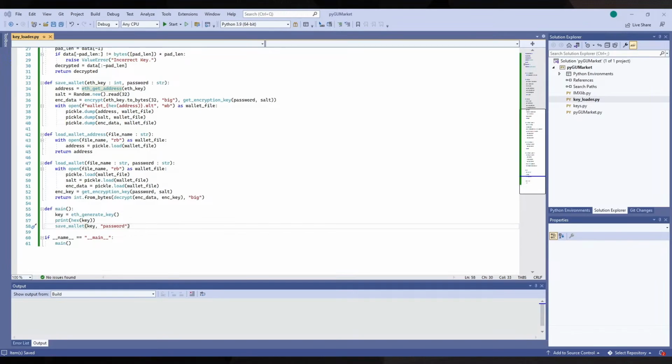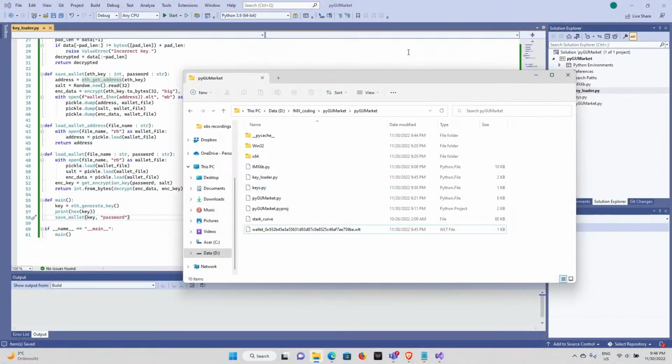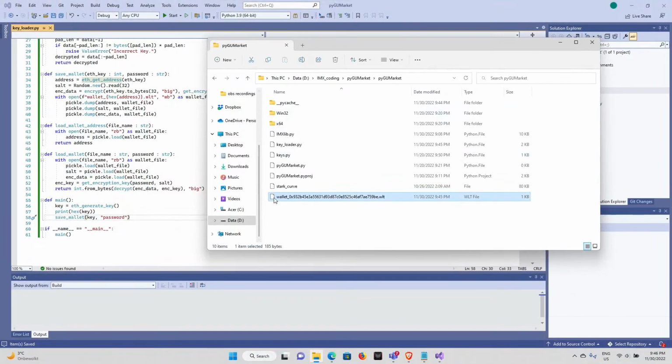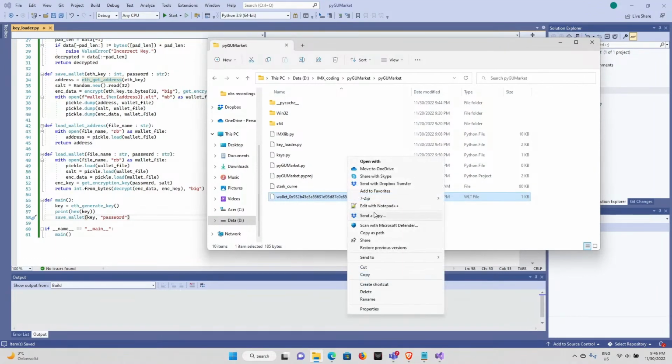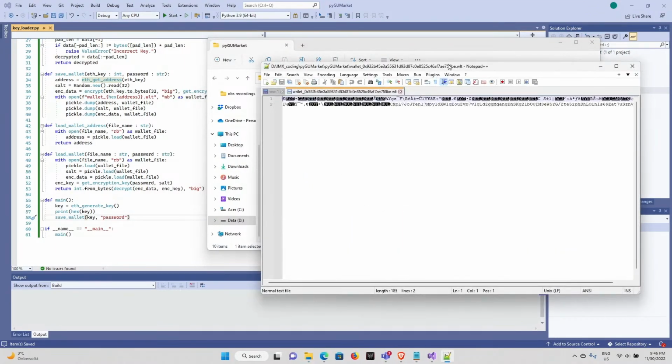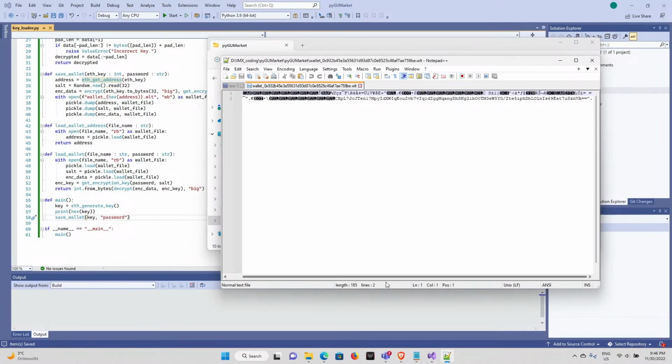Okay, I'll show you my desktop. So it created this file right here, wallet underscore together with the wallet address. We just open this in Notepad, see what it looks like. Yeah, so it just looks like a bunch of random data. In actuality, it starts with the wallet address, but it's binary, so we can't really read that. Followed by a bunch of random data that's the salt that's needed to decode the rest, the actual key stored